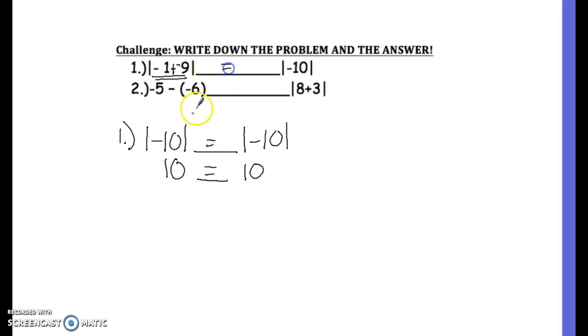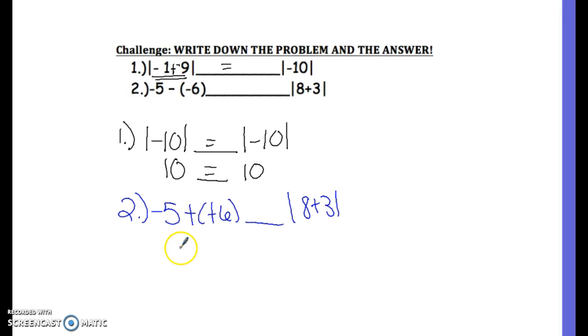They are equal. Number 2, we have negative 5 minus negative 6. How does that compare to the absolute value of 8 plus 3? Change it to add the opposite. This time they're different signs, so I find the difference. 6 minus 5 is 1. 6 is my bigger number and it's positive, so it stays positive 1. How does that compare to the absolute value of 8 plus 3, which is the absolute value of 11, which is just 11. So 1 is less